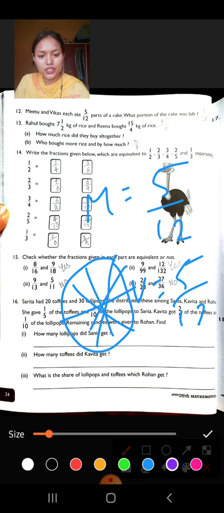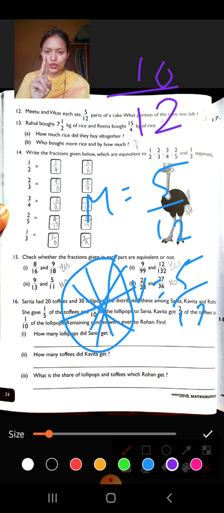So we will first count the total part. 5 upon 12 and 5 upon 12. We will add them. What will we get? It is 10 upon 12. So what part is left? 2. Yes or no? So how much part is left? 2 upon 12 part is left. 13th one, you will try yourself, and if you have a doubt, you can ask me in the online classes. Okay, you have to do this.